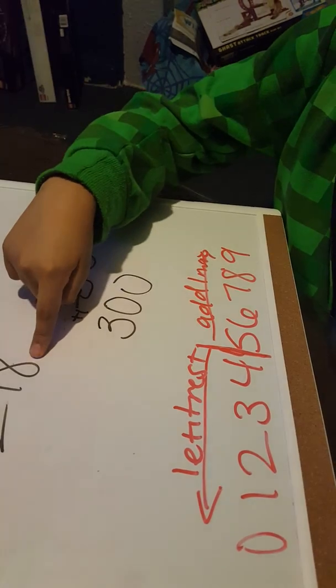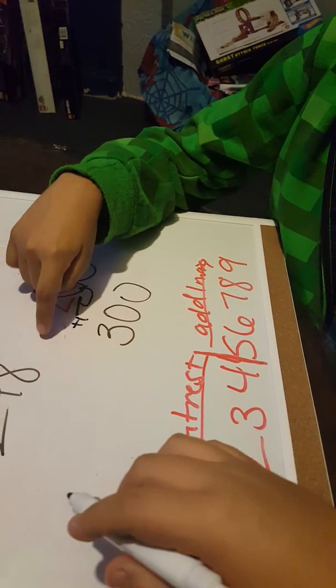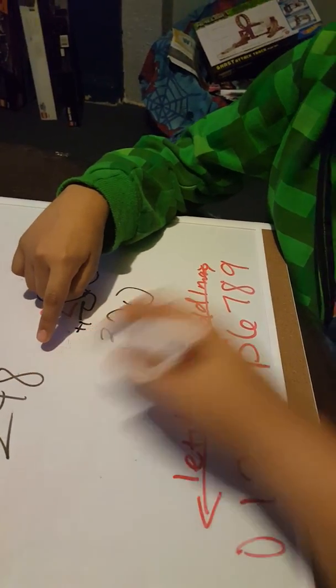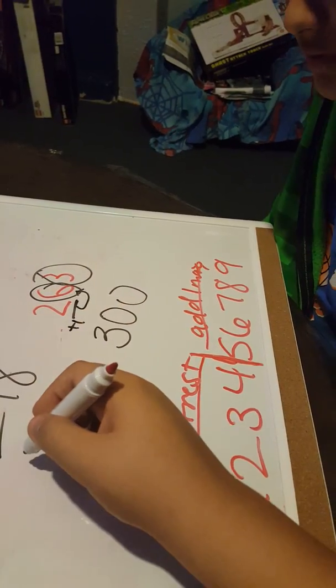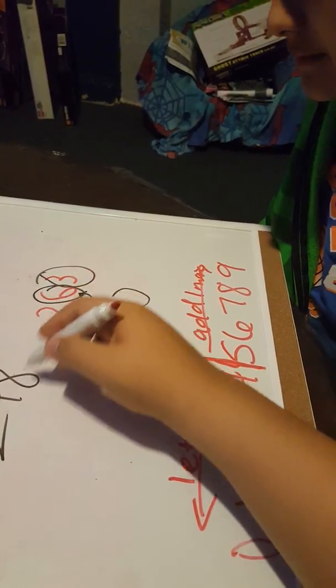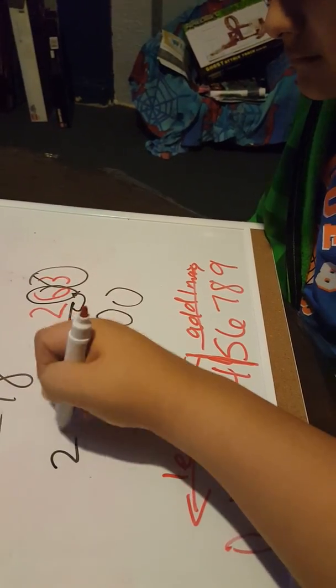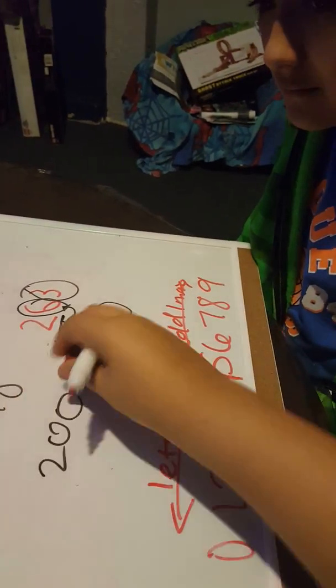So why do you think this one rounded to 300 and 248 didn't? Because 248 was below 50. Was below 50, right? So we know 50 and up is going to round to 300. But 50 and down is going to stay 200, right? Okay. So now that we know that, what happens if we have